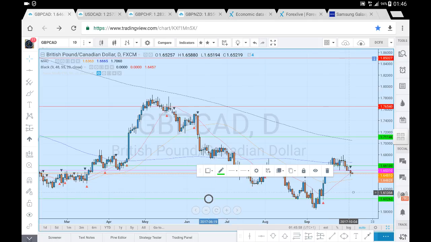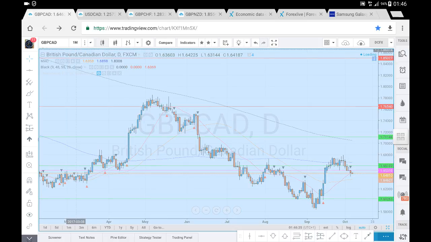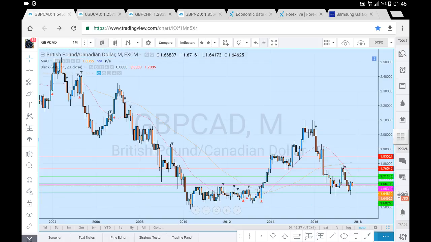Yeah, 160.26. So there's our target at 160.26. Likely we're going to be stopped out before we reach our target due to the size of the candle and where the stop is placed. But yeah, there's our take profit at 160.26. And if we have a look at the higher time frames before we head off, on a monthly time